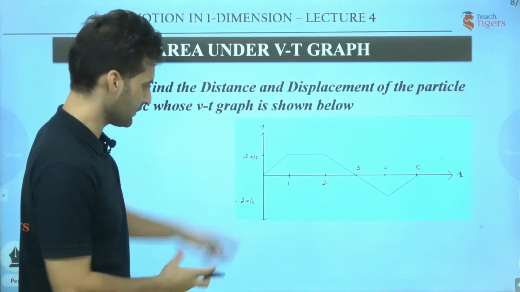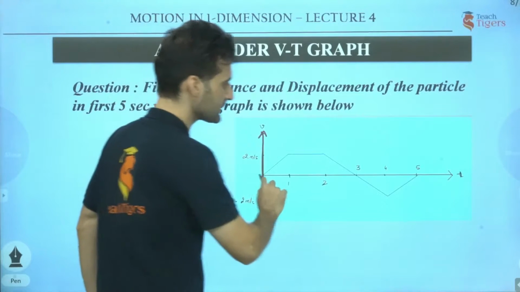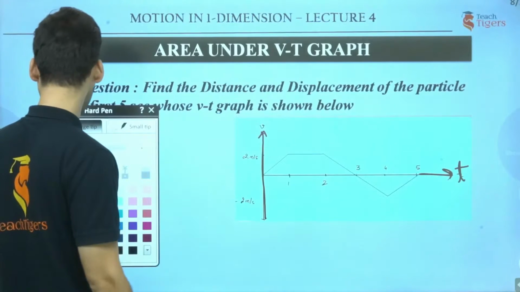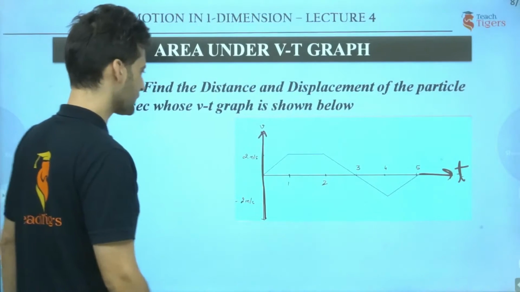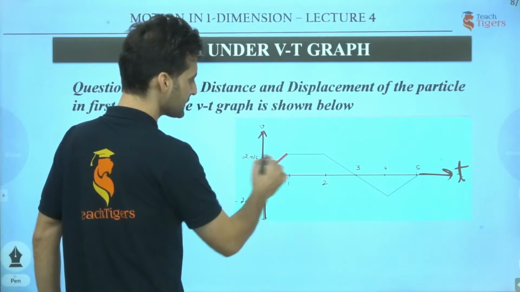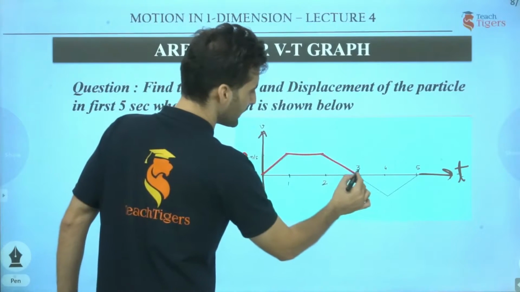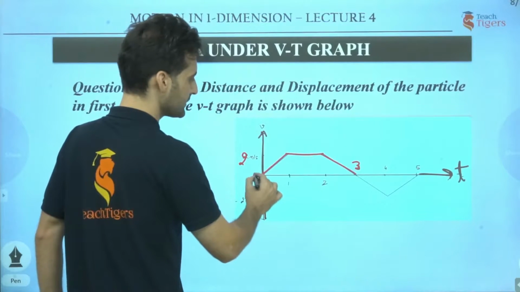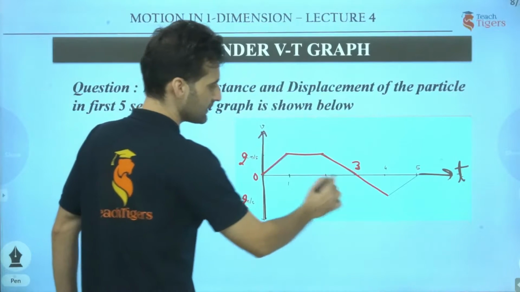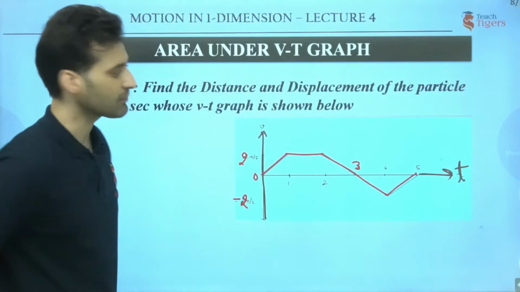There is a graph with velocity on the y-axis and time on the x-axis, like this. This is time over here. So this is the VT graph given to us, and you see there is a curve also. This curve starts from t equal to 0 and reaches a velocity of 2 meters per second. Then it is flat, and then it comes down, and at 3 seconds it again touches the time axis. Then it goes further below, till it reaches -2, and then it again touches the time axis at 5. So this is the velocity time graph given to us.